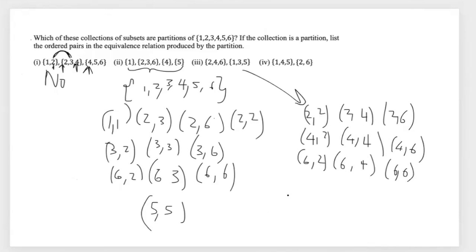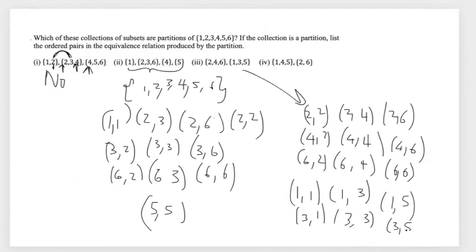So you have 1, 1, 1, 3, 1, 5. Then you have 3, 1, 3, 3, 3, 5. Then you have 5, 1, then we have 5, 3, and then 5, 5. For the next